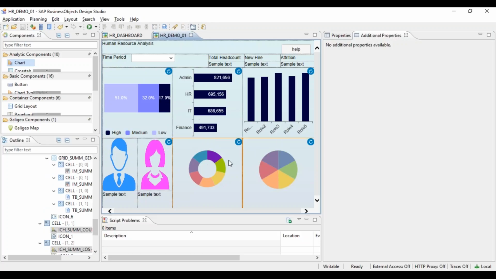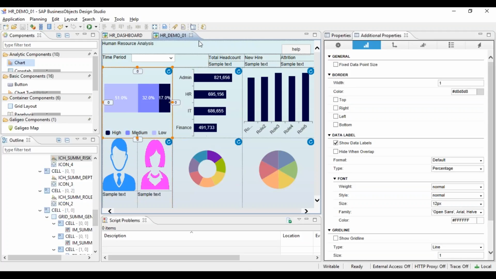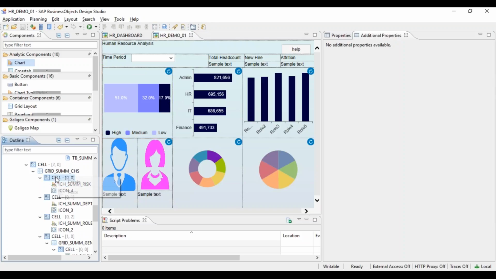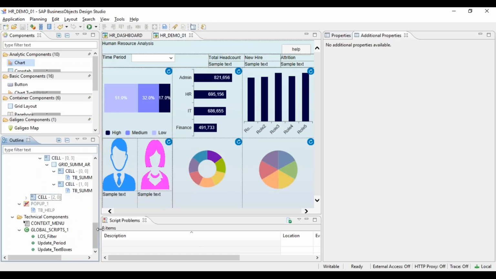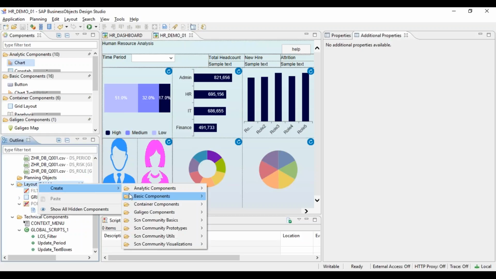So once this chart formatting is done, you can place some background to it, because the default background is some bluish color, light blue. Instead of that, you can put some white color. If you create your dashboard on white color or black color, it looks better if you use a black or white background. So one option is, first you can put one background to your complete dashboard. So you can put a background here itself.